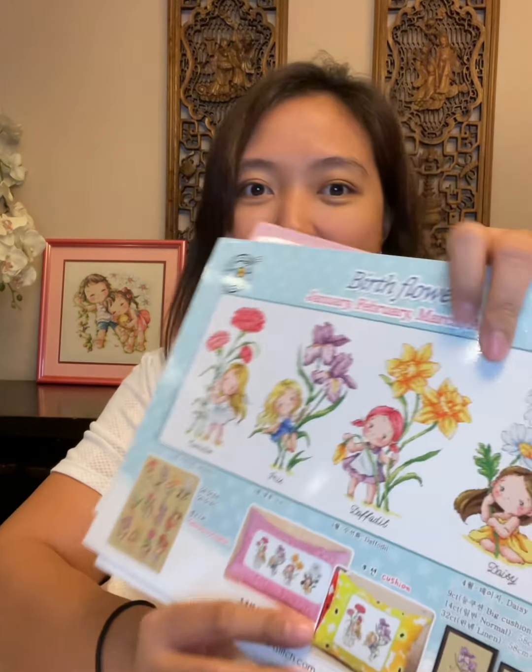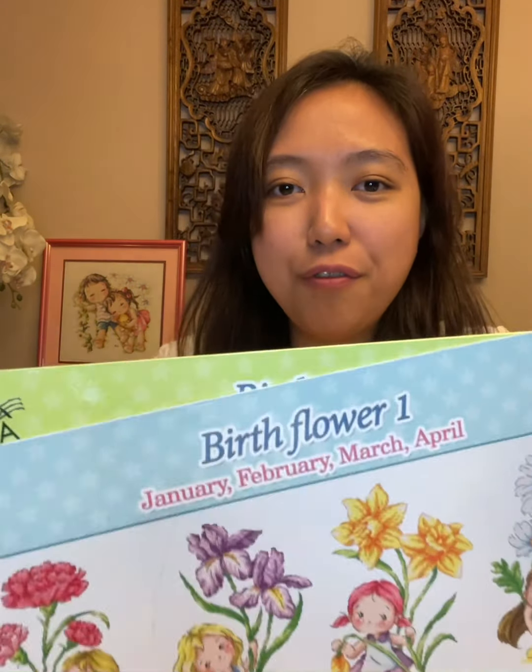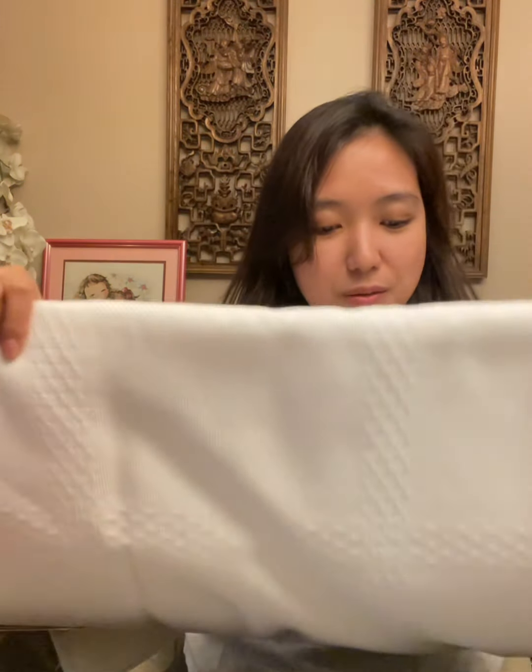Let me show you the one that I initially picked. This one, the bird flowers. Yay! So let me just fold it first so it won't be